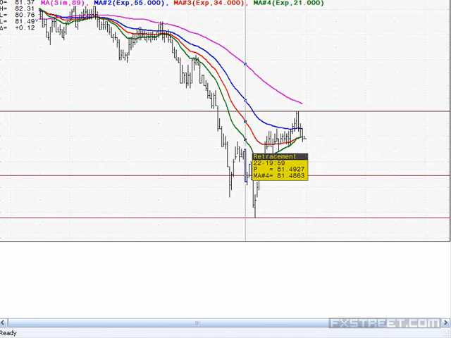Once this happens or this strategy is applied, at least you know that the price has reversed, right? Okay, the next question is